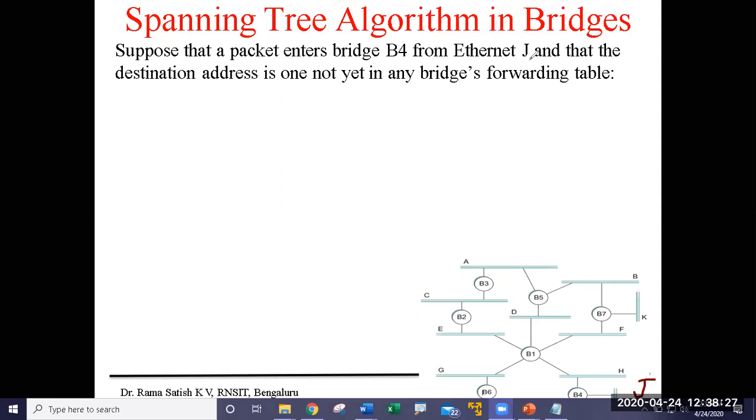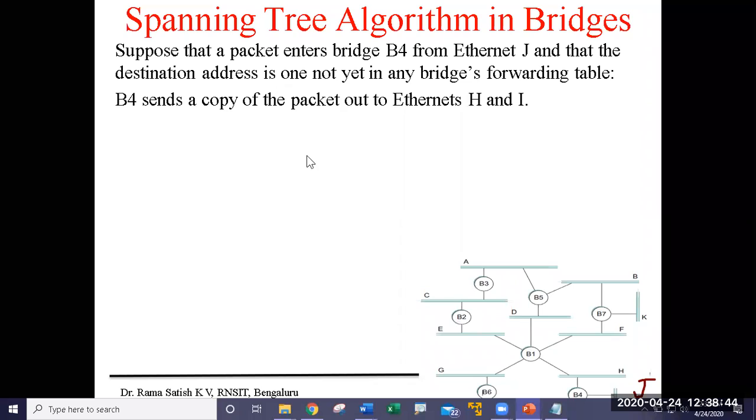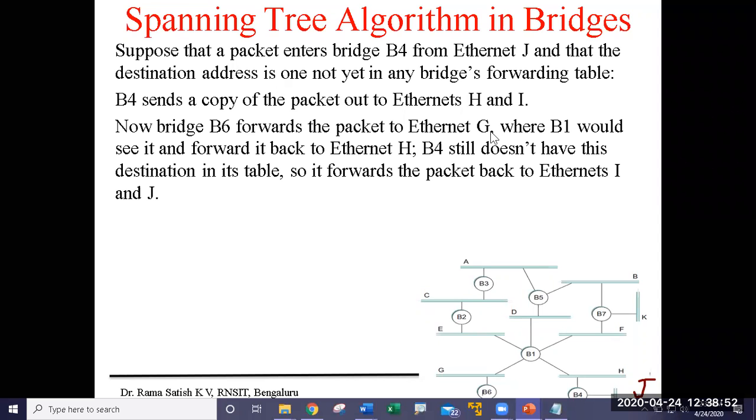You are trying to send an Ethernet frame from J, and the destination address is not in the bridge's forwarding table. So in this case, what happens? B4 sends a copy to H, and from H to I. And of course, now bridge 6 forwards the Ethernet frame to G, where B1 would see the forwarding back to the Ethernet